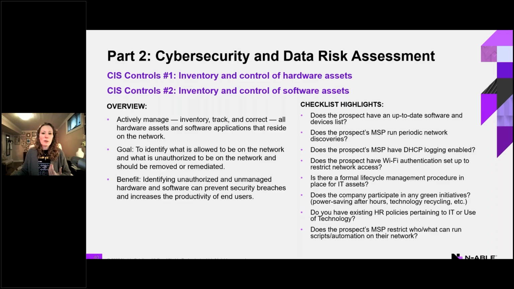So it is really about getting that understanding, that awareness around what's on the prospect's network and what shouldn't be on the prospect's network. Because when it comes to security and risk mitigation, you can't protect what you don't know about. And so being able to quickly identify what those unauthorized, unmanaged hardware assets are, those unauthorized software, that is what's going to help prevent unwanted security breaches and help increase the productivity of the end